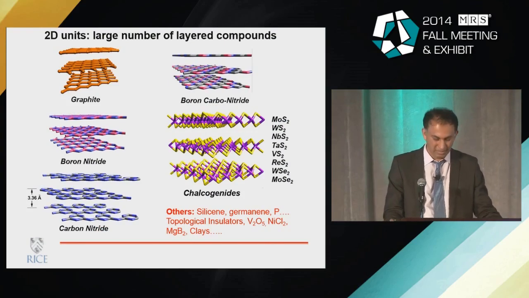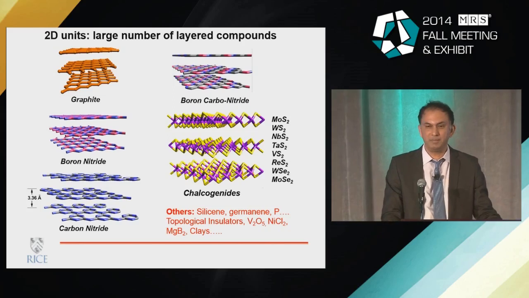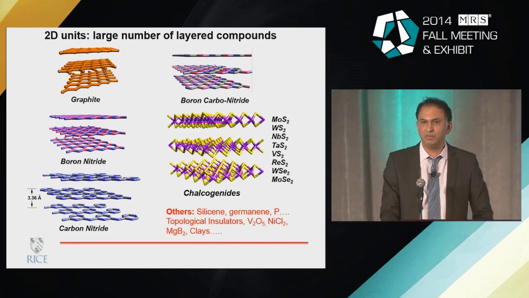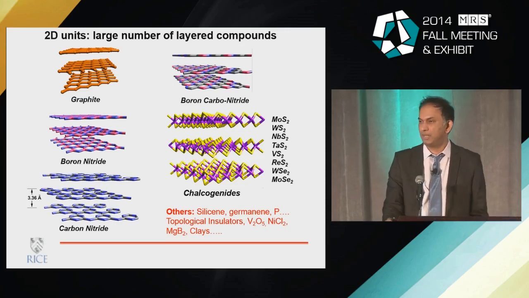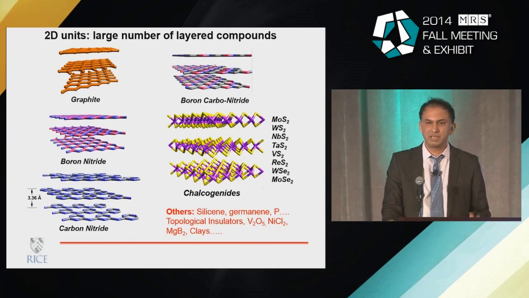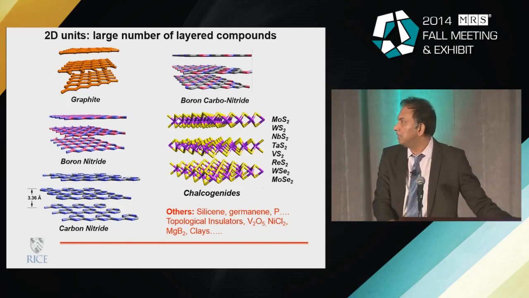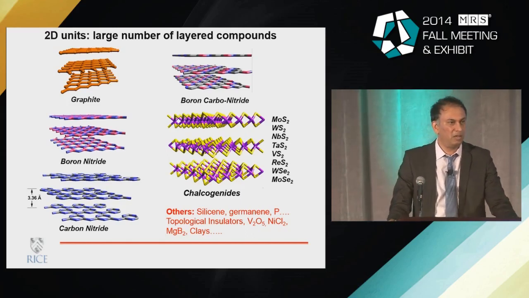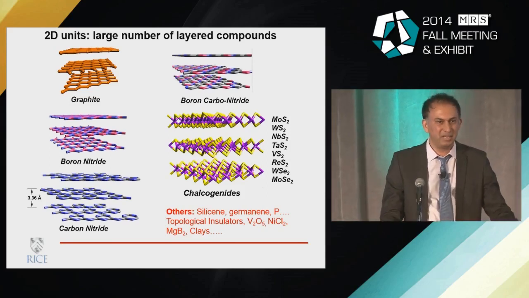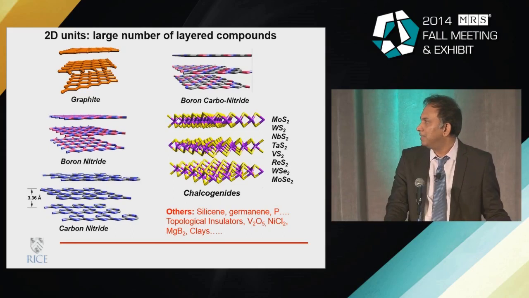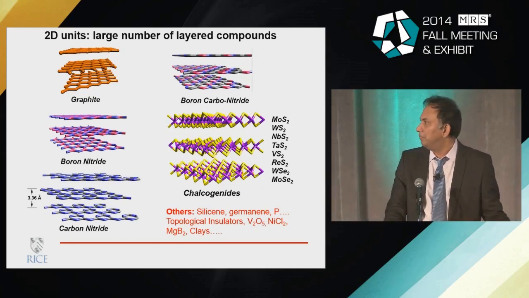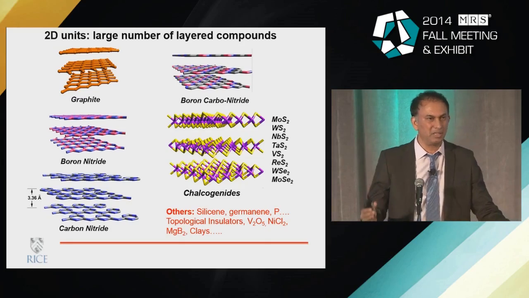Graphene, again, the title of my talk is Graphene and Beyond, and I'm going to talk mostly about how people started with graphene and how we are thinking ahead of a large number of different possibilities in terms of compositions. If you think about these kind of materials as 2D building blocks or units, then there are all kinds of possibilities, and you can think about these layered materials in general. And most of the layered materials that are traditionally known are based on a typical composition, a single composition.